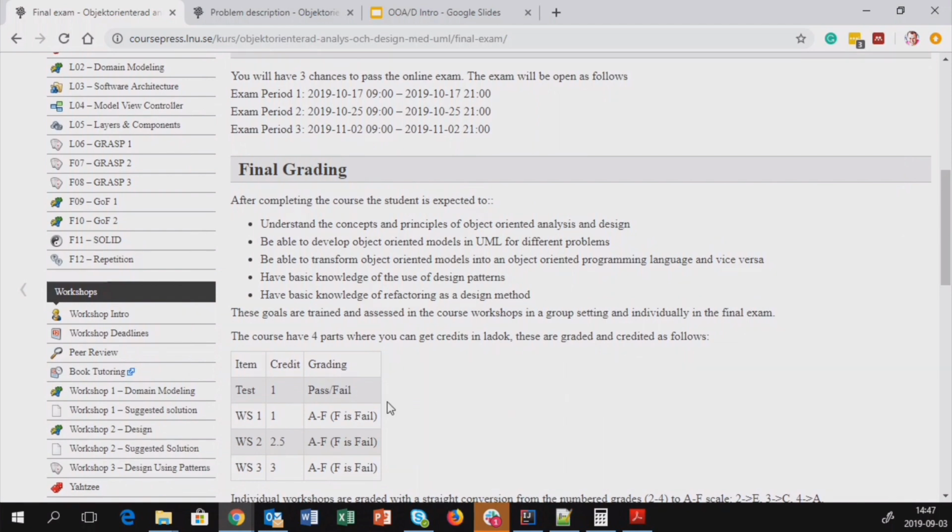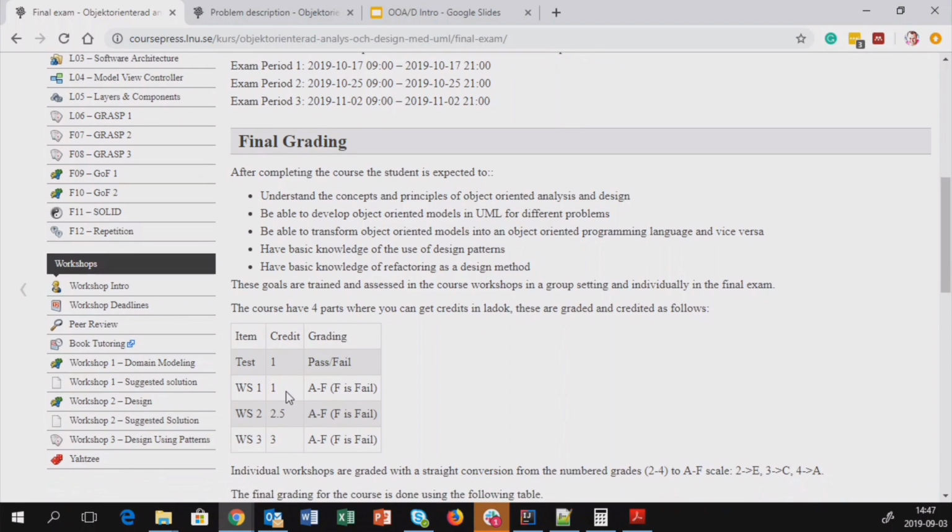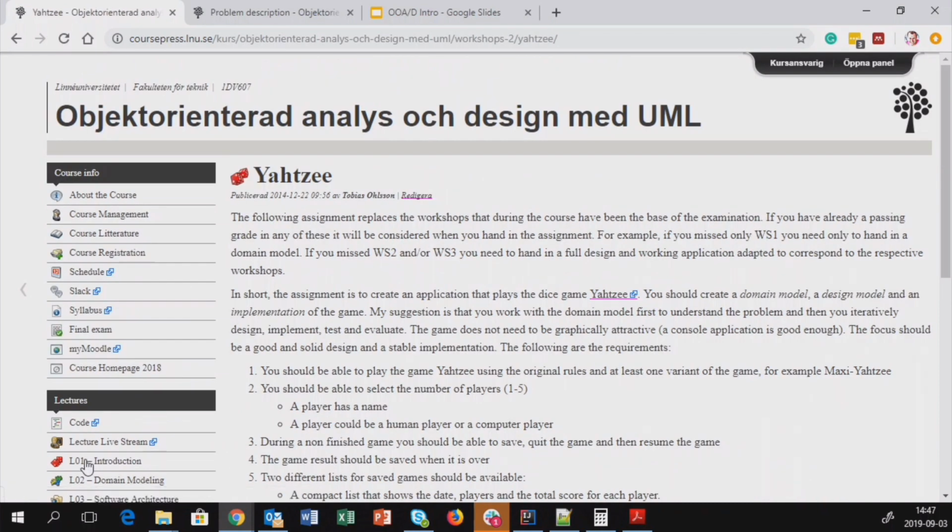Nice. So what happens if you, for some reason, don't participate in the workshop or miss the peer review for some reason or something like that? Then there is an extra assignment for you. And it's a Yahtzee game. And depending on what workshop you have missed, you do this game at different levels. So if you miss workshop number 1 for some reason, then you do a domain model for the Yahtzee game. If you miss workshop number 1 and number 2, then you do a domain model and you do a design